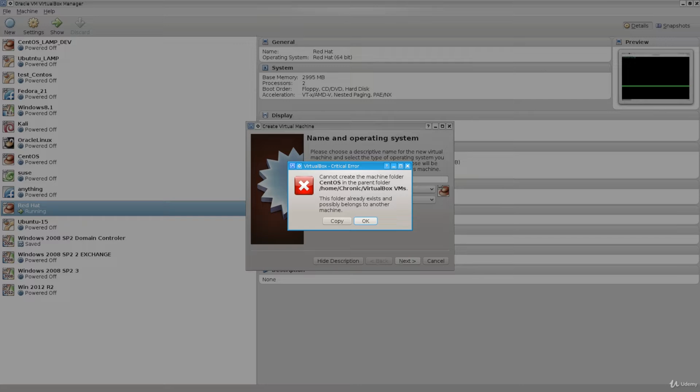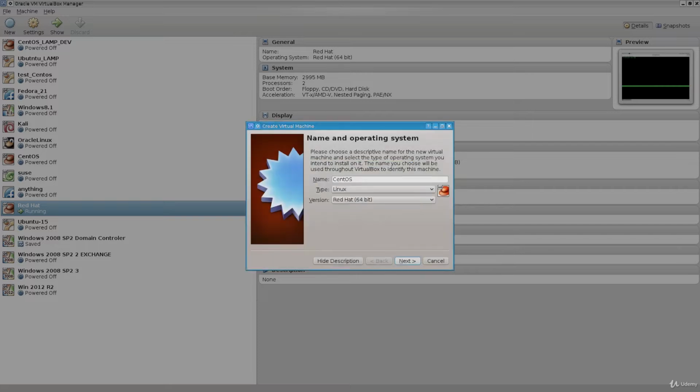Cannot create a machine CentOS in the parent folder. This folder already, oh yeah, okay, so I have another machine which is named exactly the same. I'm using that one for a completely different purpose, so I won't mess with it. This one I will name CentOS